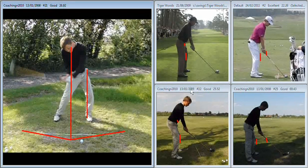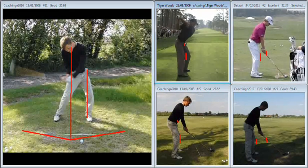When looked at from down the line, what we tend to see, we've got Tiger Woods and Hunter Mahan, one a straight drive of the ball, one not so straight. If we take a little look at Tiger and see what happens again, he's not going to move laterally enough. He's going to get that right knee shooting out forward of where it was at address. He's got to keep his chest facing us to stop that club getting too much out in front of him